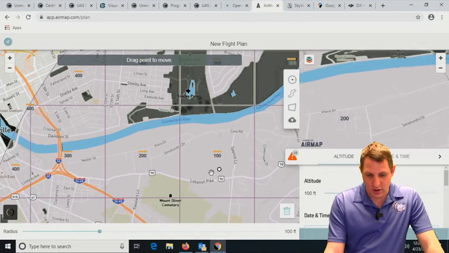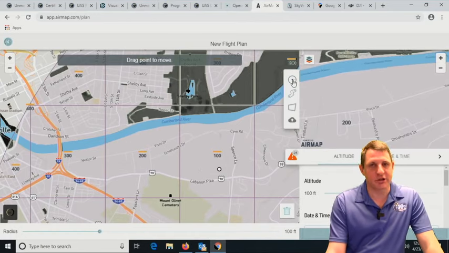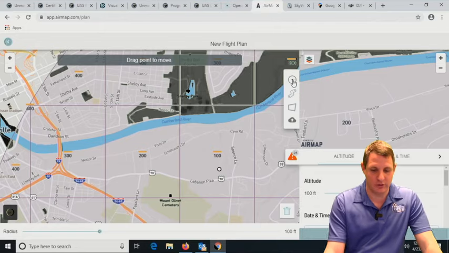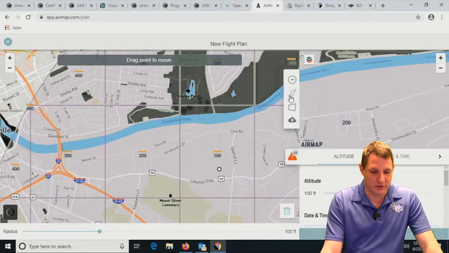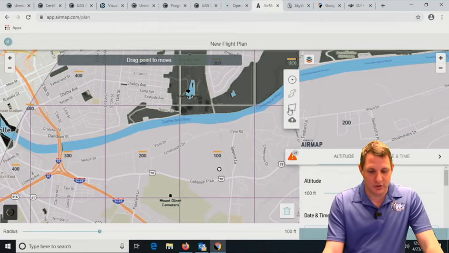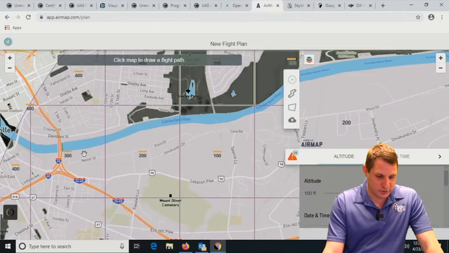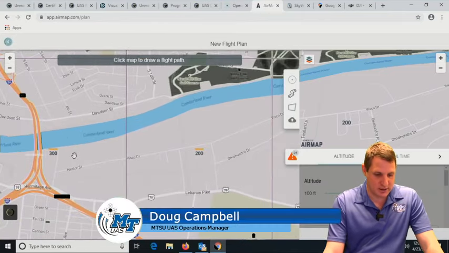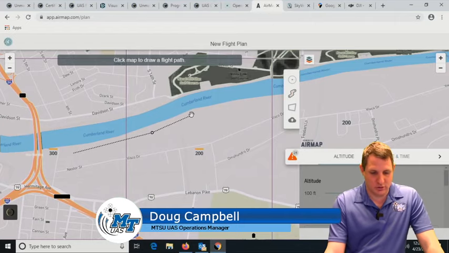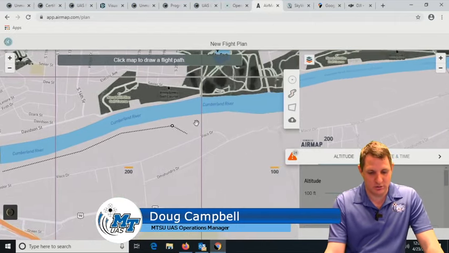Okay, so you have the choice of doing a center point with a radius, right? Y'all have worked with that, like when we've been filing NOTAMs, for example. You can map out the specific route of flight. You can make polygons, upload from a cloud. So we'll kind of set a short flight here,